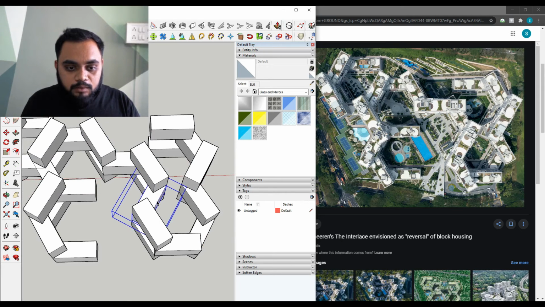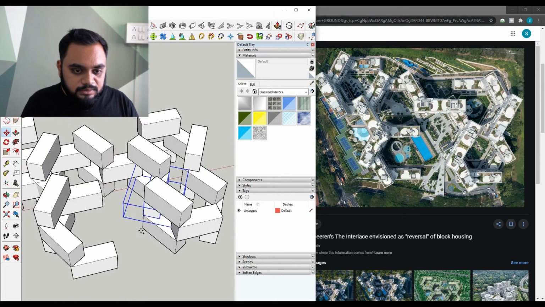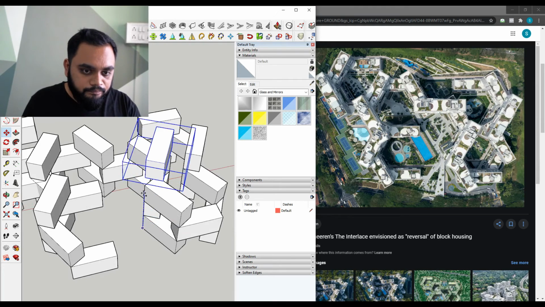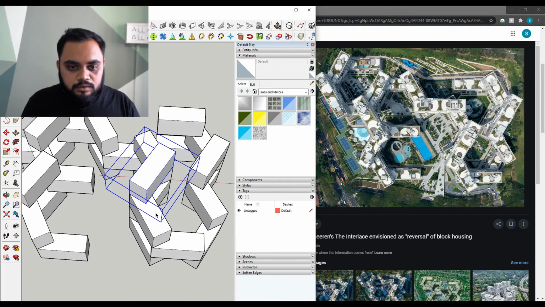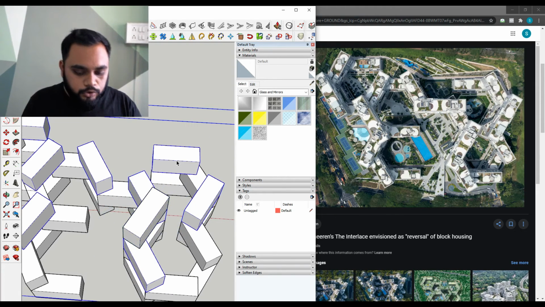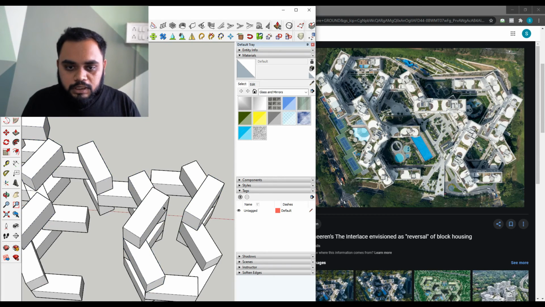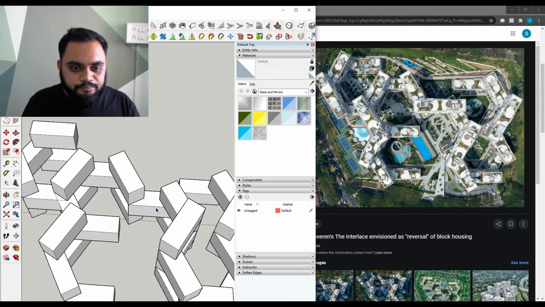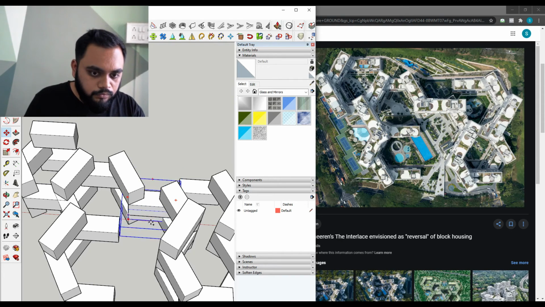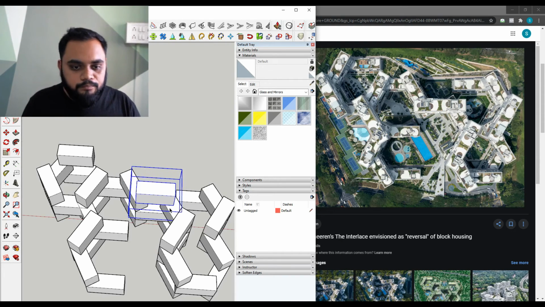Then you have one block which is on the top, so we'll place this on the top, which is over here. This looks cool. You don't have any block over here, so I took that out. Then you have one block on the top, so we place this on the top.